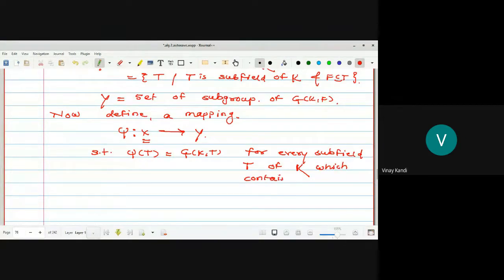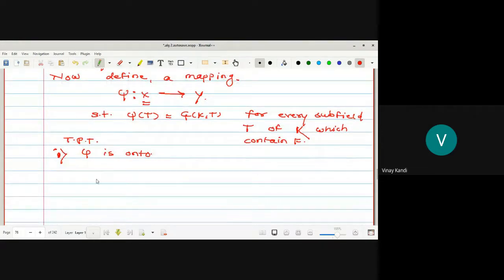Okay, now before going to prove the one-oneness, first we have to prove the ontoness. We have to prove that psi is onto. This is step number 1, part 1. For any subgroup H of GKF,